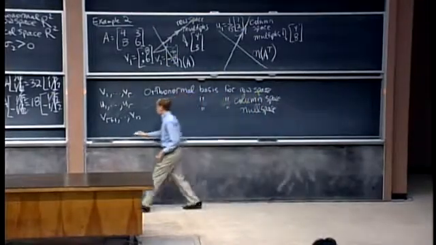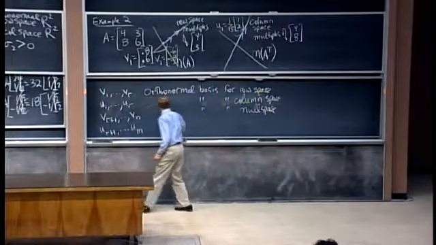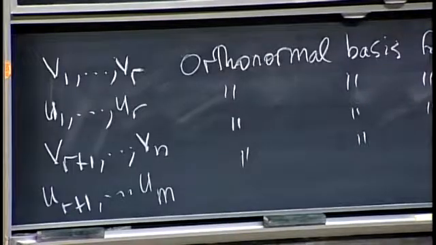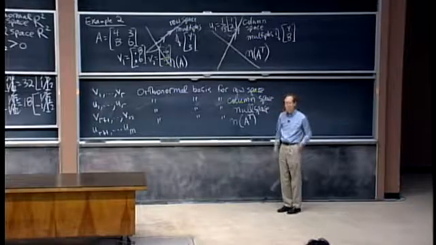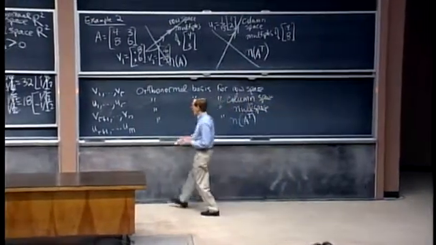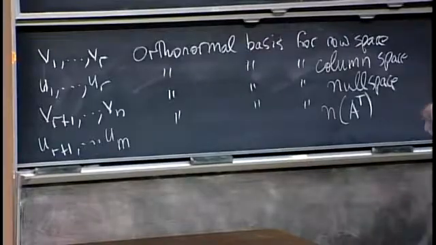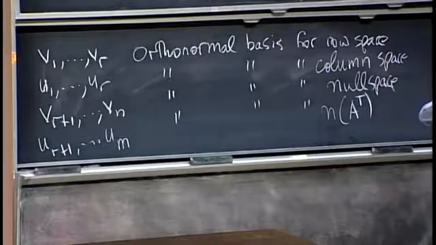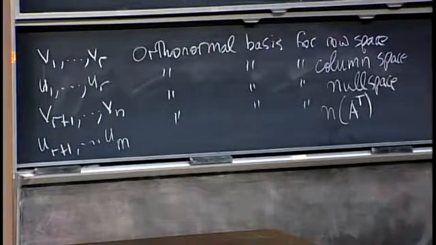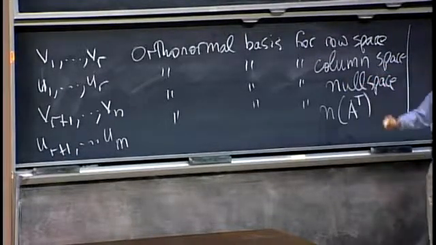And finally, UR plus 1 up to UM is an orthonormal basis for the null space of A transpose. Do you see that we finally got the bases right? They're right because they're orthonormal, and again, Gram-Schmidt would have done this in Chapter 4. Here we needed eigenvalues because